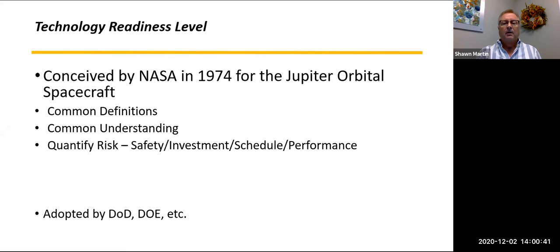So as you probably already know, TRL was a process created in the 70s to generate an ability for common understanding amongst the employees there, but also the contractors providing services and goods to NASA. So common definitions, common understandings to really quantify risk, which affects